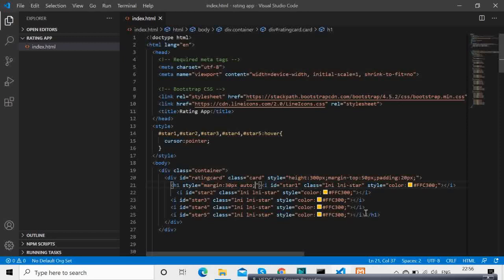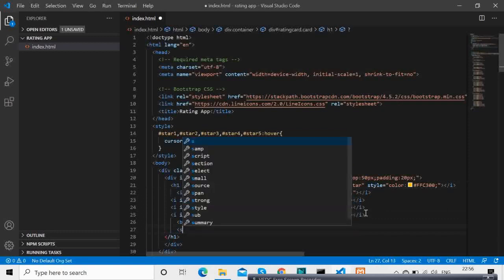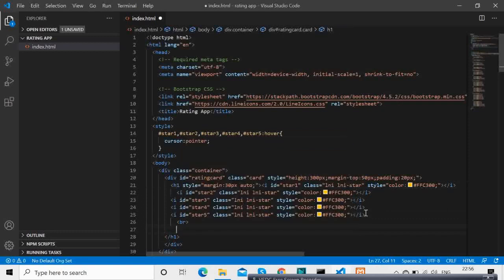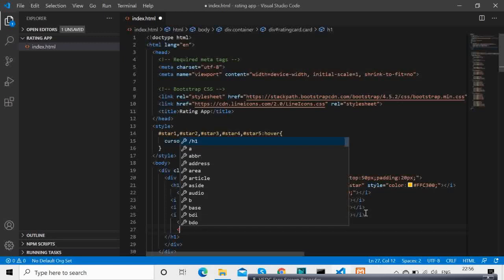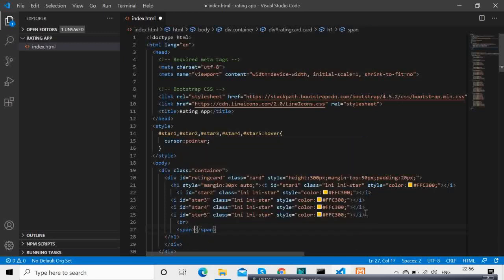So this is working. I have made some more changes, like adding some margin, and now I'm adding a span which will have that value displayed. Why am I adding a span? So that I can give an ID to that specific part and add text content there.